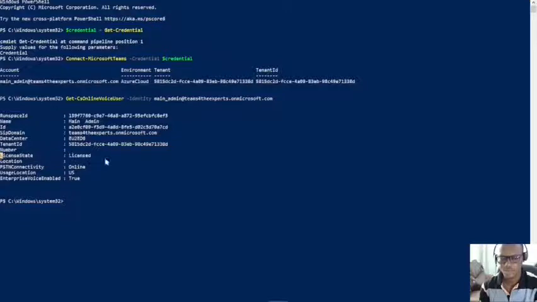So this is what you look for when you run the PowerShell Get-CsOnlineVoiceUser. You need to check if the user has the license. One, you need to check if the user has been enterprise voice enabled. And if the user has not been enterprise voice enabled, you will not be able to assign a phone number. And that is how come over here you can see even though the user has been enterprise voice enabled,